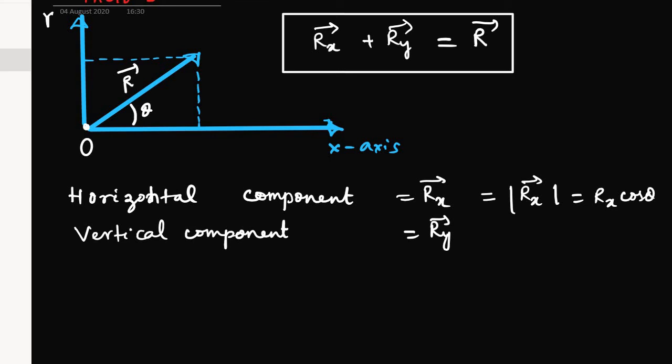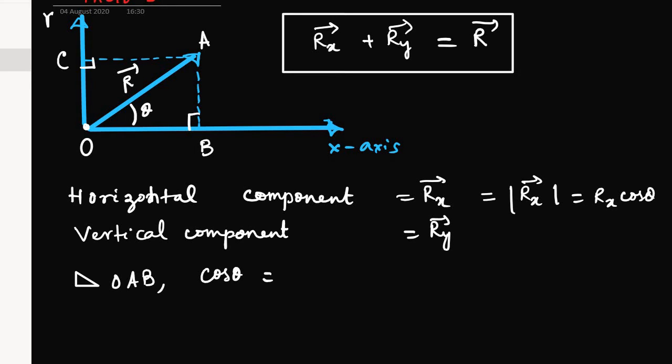So it is making an angle theta, and I am dropping two perpendiculars which make a 90-degree angle with the axes. If I name the vector R as OA, the perpendiculars will be named B and C respectively along the x-axis and y-axis. So look at the perpendicular. In the right angle triangle OAB, cos theta will be,